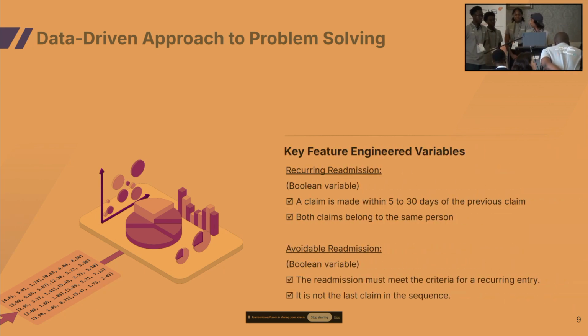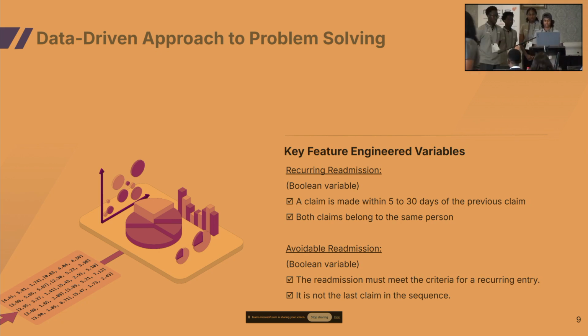So looking at our engineered features, we had two initial engineered features which we thought would be extremely helpful in our model. First being recurring readmissions, and this is identified by two conditions. Basically, the first condition being a claim is made within 5 to 30 days of the previous claim, and the second being that both claims belong to the same person. This will return a Boolean variable as one of our engineered features, just as an indicator of